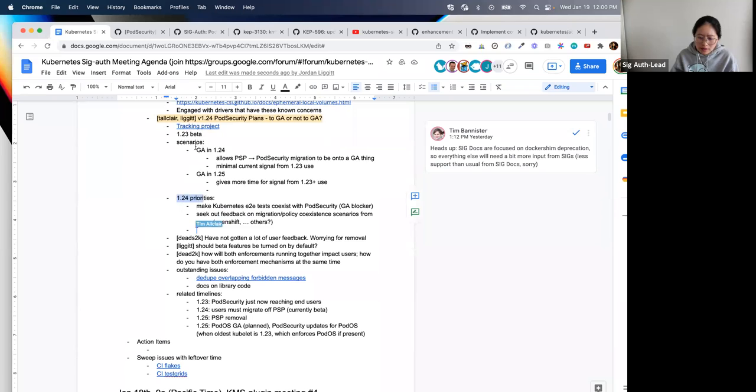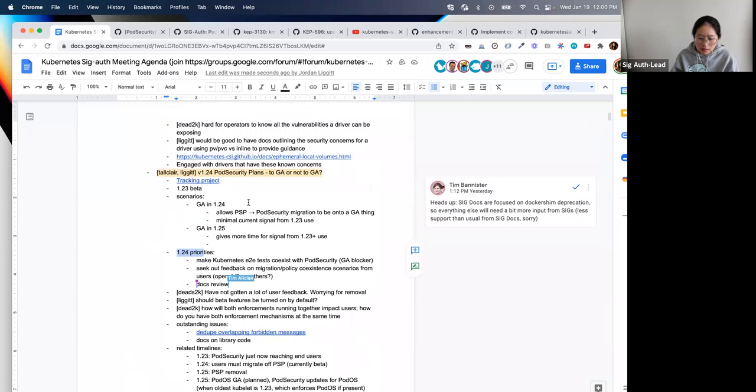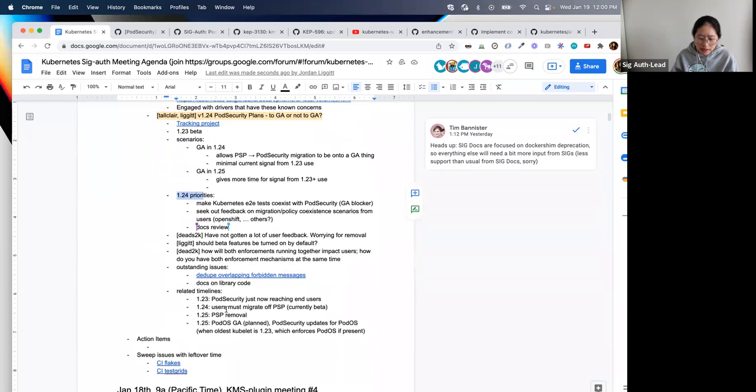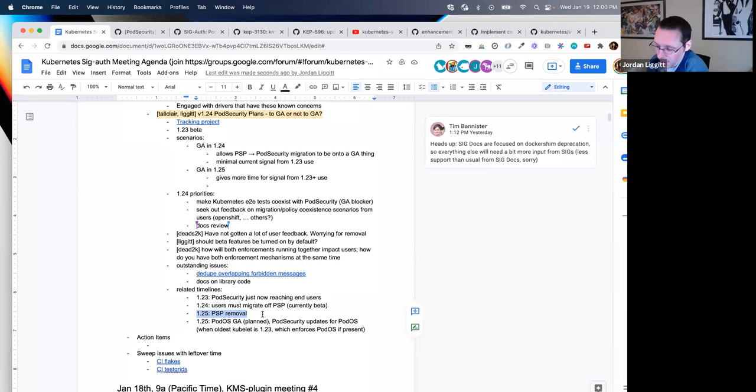How does the GA timeline for pod security impact the PSP removal? I think we kind of jumped around it, but because PSP is beta, I think migrating from PSP beta to pod security beta is reasonable.